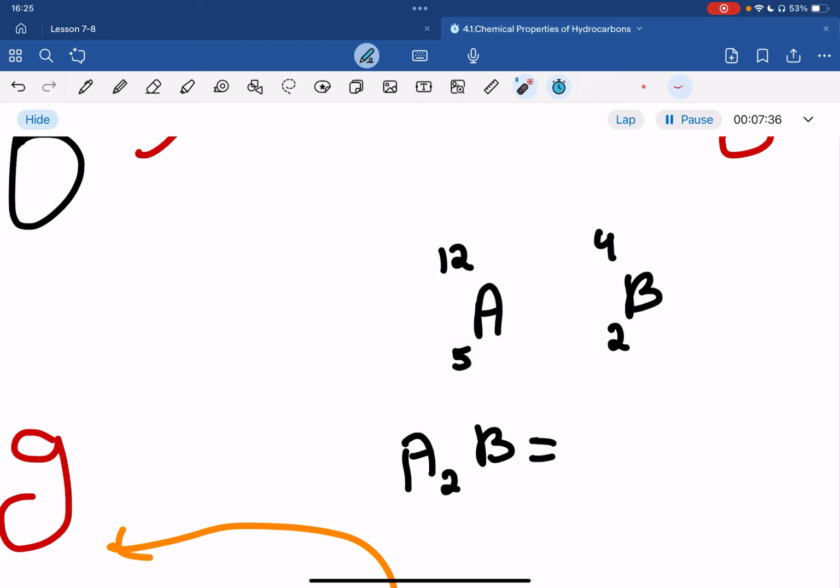And we have 2 A, so it's going to be 24, plus B's mass. Is it 2 or 4? Of course, it is 4. We should take the highest number. So the A2B mass is 28 grams. So 1 mole of A2B is 28 grams. This is just for you to know how to find the mass of 1 mole of any molecule. So this is about the